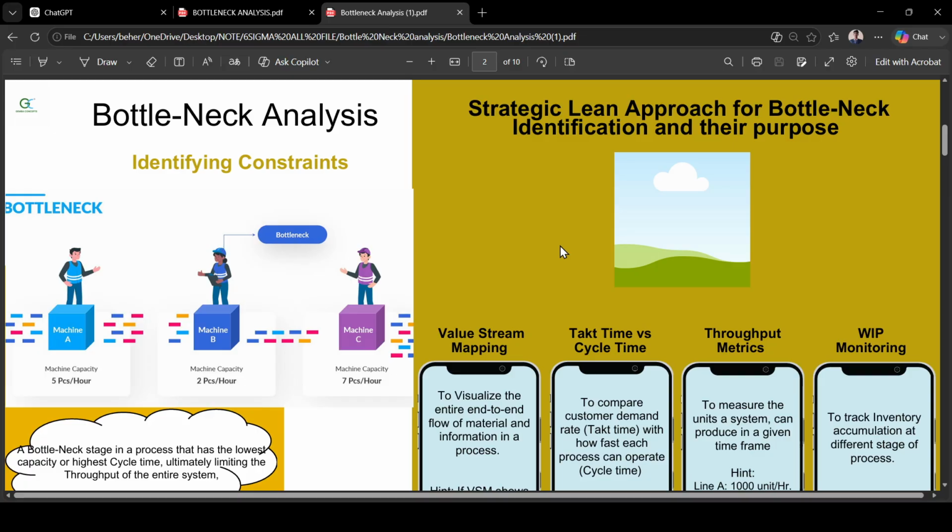Machine 1, machine 2, machine 3. Strategic linear approach for bottleneck identification. A bottleneck is the stage in a process that has the lowest capacity or higher cycle time, ultimately limiting the throughput of the entire system. And then the strategic approach for bottleneck identification uses VSM, value stream mapping, to visualize the